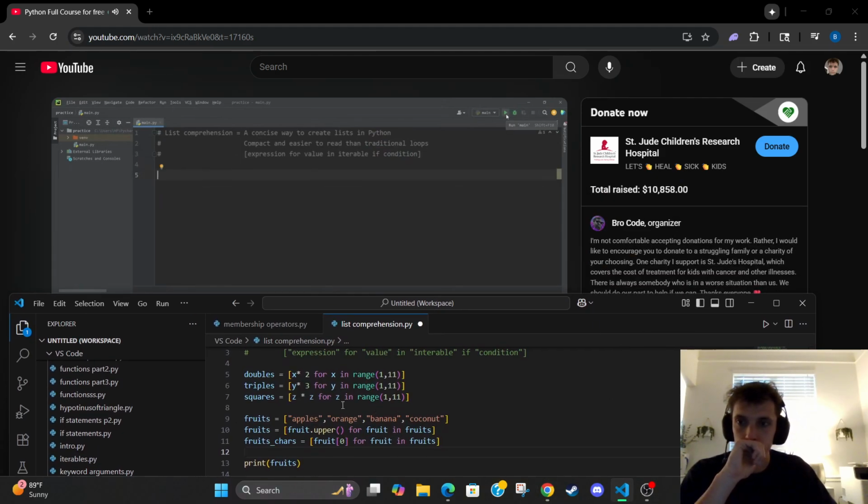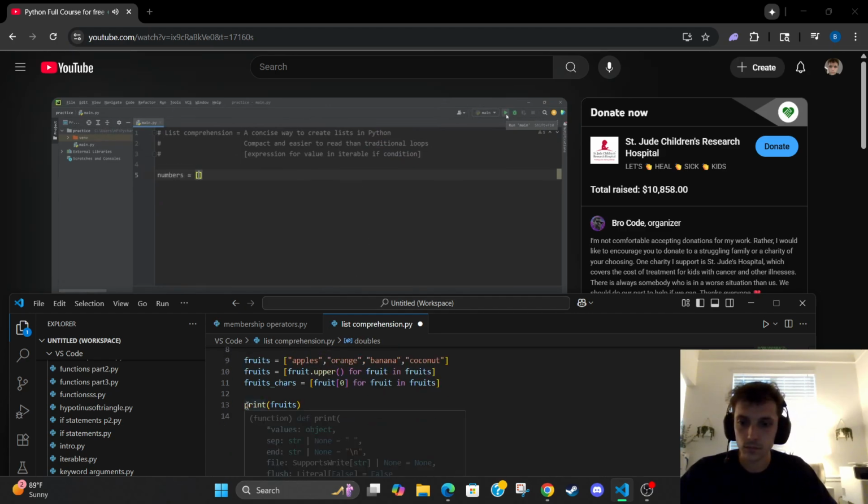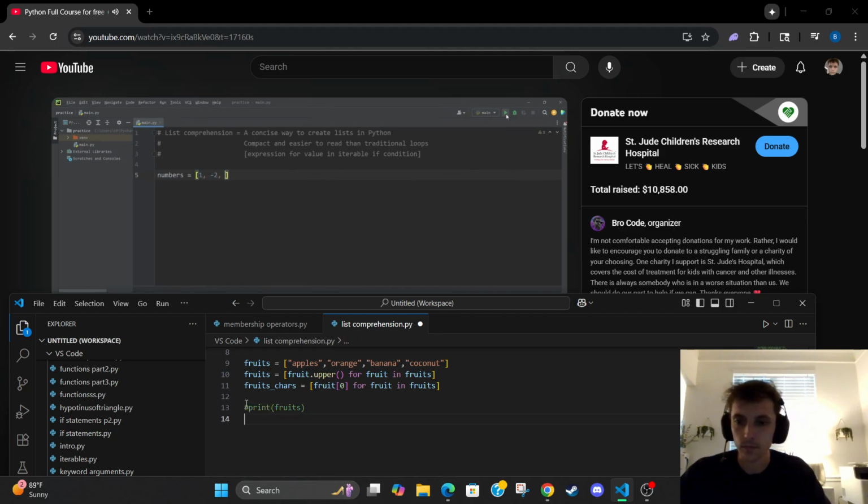We'll create a list of numbers, both negative and positive. Numbers equals, let's say, 1, -2, 3, -4, 5, -6. We'll create a list comprehension to create a new list where all of the numbers are positive. Our new list will be positive_nums, equals, and we'll write a list comprehension for every, let's say, num in numbers,